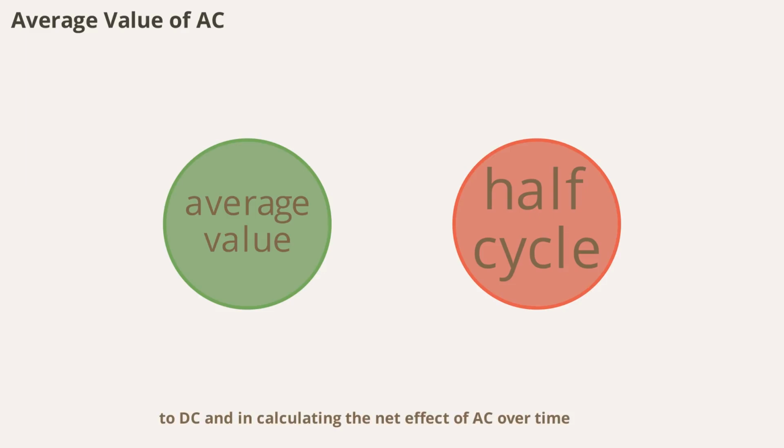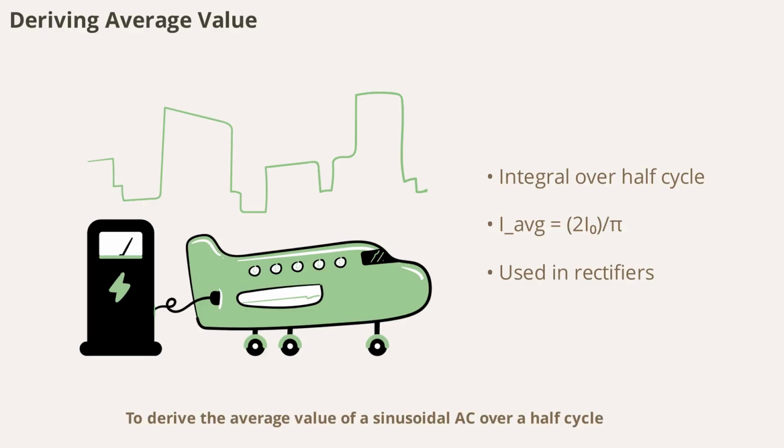of AC over time. To derive the average value of a sinusoidal AC over a half cycle, we start with the equation I = I0 sin ωt. The average value, I_avg, is calculated as (1/π) ∫ from 0 to π of I0 sin θ dθ, where θ = ωt. Solving this integral, we get I_avg = 2I0/π. This result shows that the average value is less than the RMS value and much less than the peak value. Knowing how to derive and use the average value is essential for understanding rectifiers and other AC to DC conversion